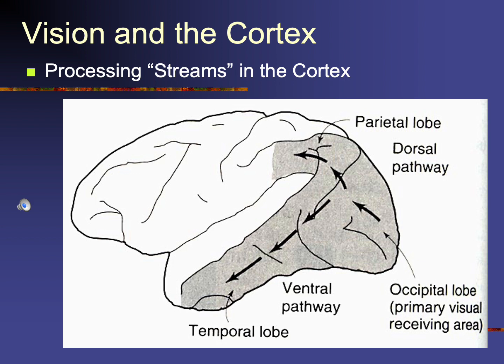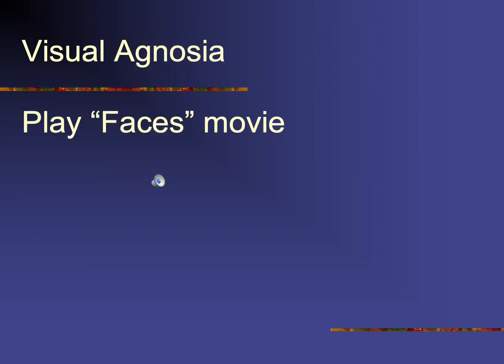Okay, well now we're going to go through this with some interesting cases, and you'll get a real clear idea, I think, what this process is like. All the disorders that are associated with lesion in this area are referred to as agnosias. You can have an agnosia for just about any visual perception. You can have agnosia for body parts, parts of your body you don't recognize. You have an agnosia for your fingers and what they are. You can have an agnosia for